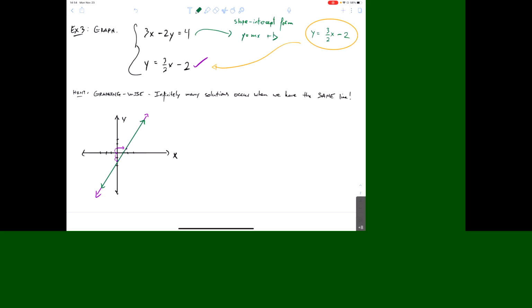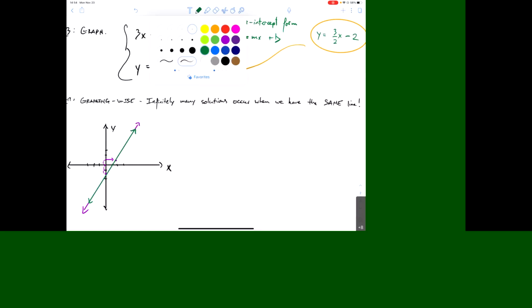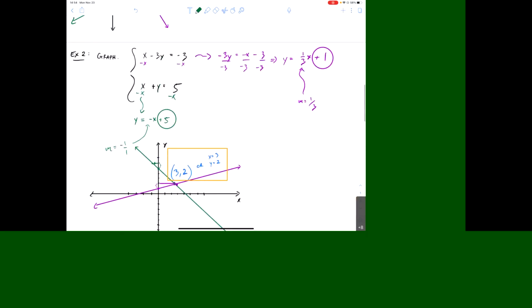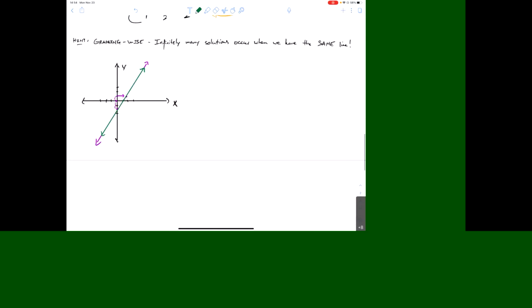So what does that mean? Yeah, they're the same line, but the solution is every single x and y. So what do I mean by that? I mean that, like the previous problems, 3, 2, and 4, -1, there is a specific point. So remember, backwards E means there exists. There exists a specific point both lines share in common, or an intersection, right? They intersect at a unique point,